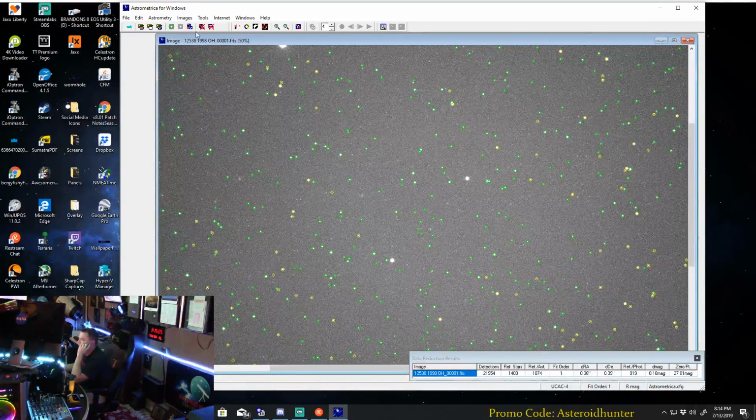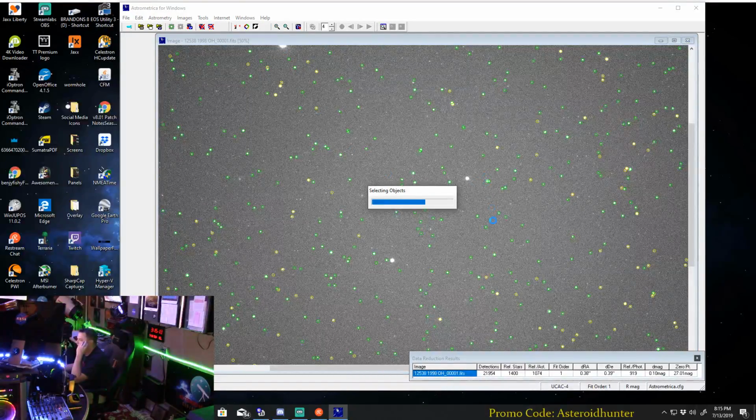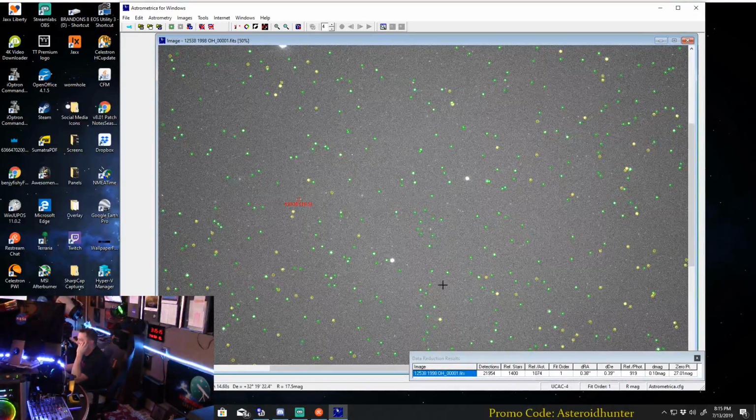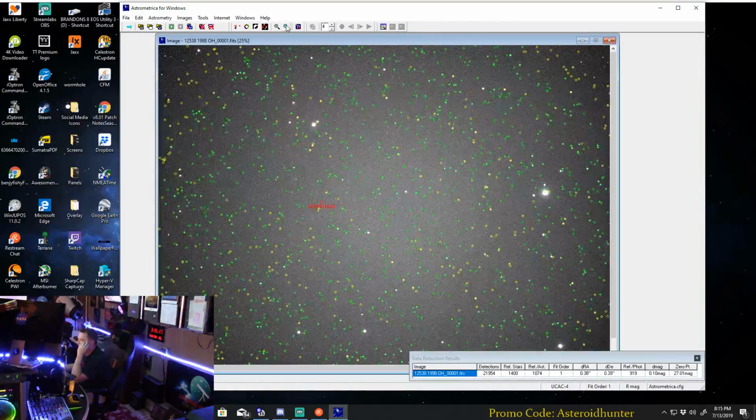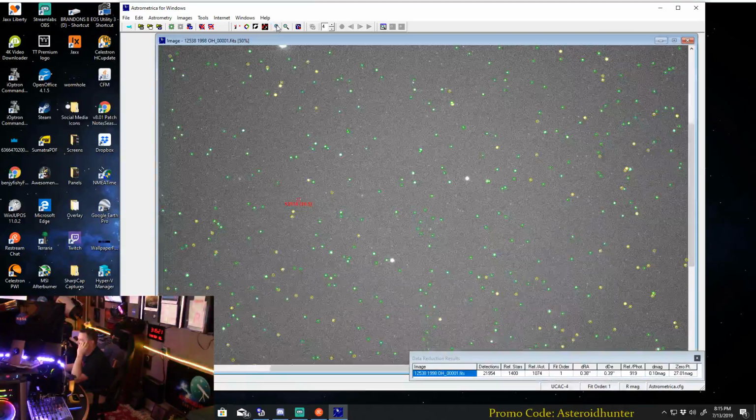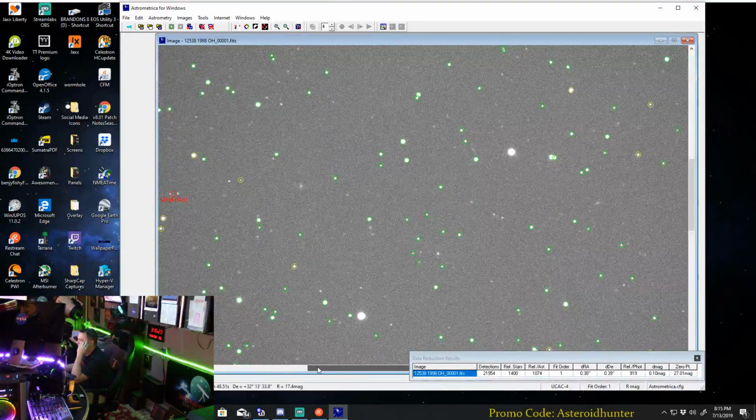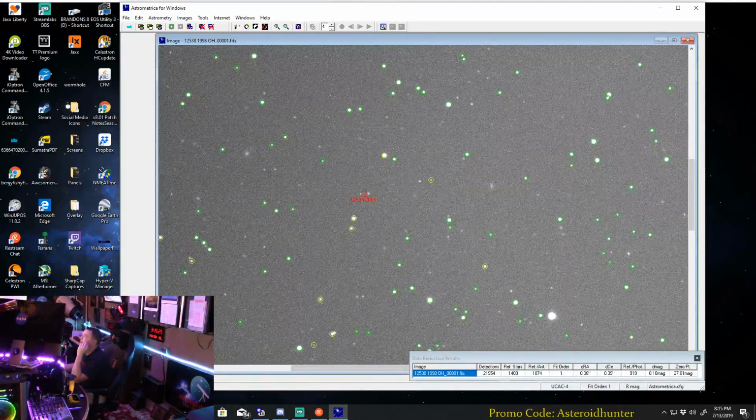So then what I will do is I will go over here. Now I've plate solved the image, so it knows exactly where it's at in the sky. And I will go to this known object overlay. I will click on this, and it's going to basically tell me what asteroids are overlaid in this image. Now right now, that's the asteroid we're looking for. Remember, it's 19OH, and it is,